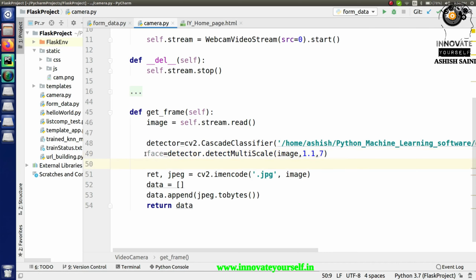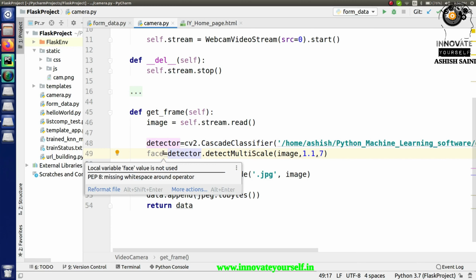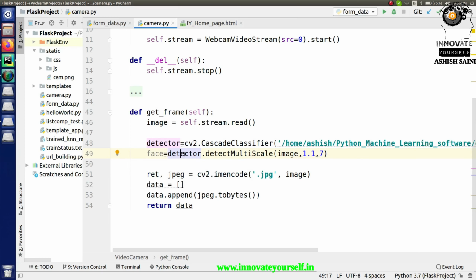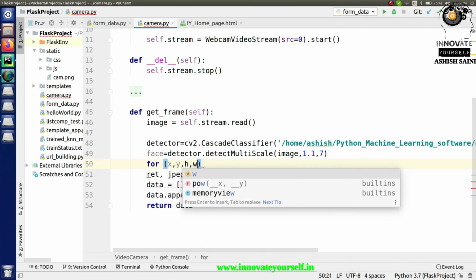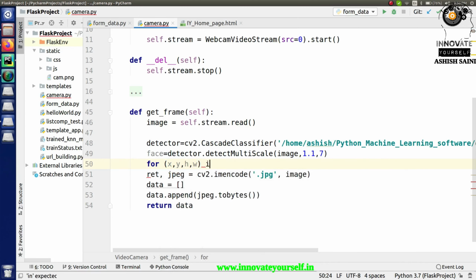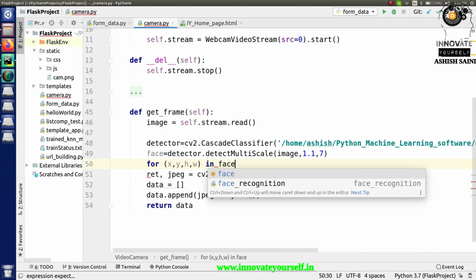So now when you have the faces on the basis of this, I have to apply a loop. And why am I applying the loop? The reason is, if I apply this detector and there is more than one face on that image, then it will be able to apply boxes around all the faces detected on that particular image, right? So that is why I'm going to apply the for loop over here, right? So for that, just pass x, y, h, w, right? So it's like height and width. So where is it? That is inside face.